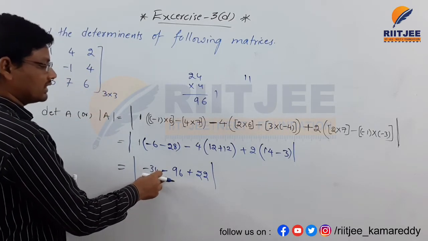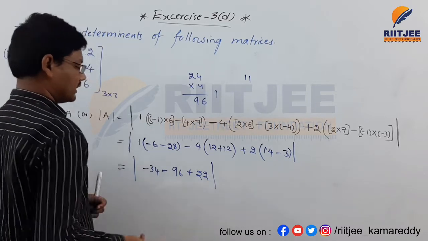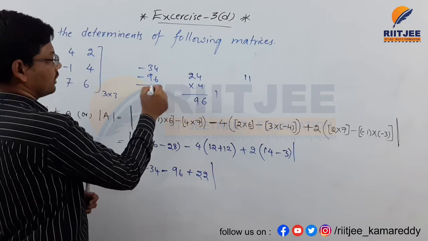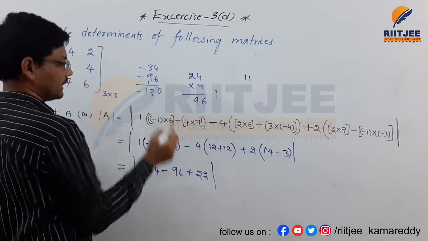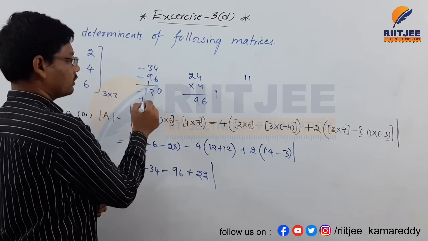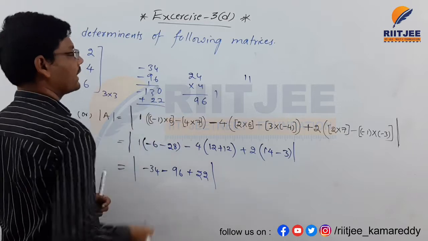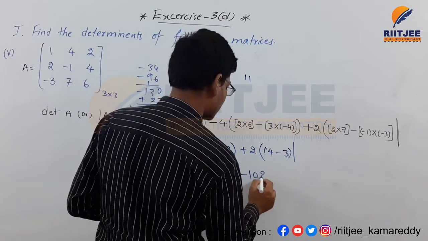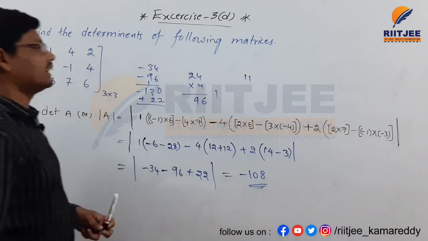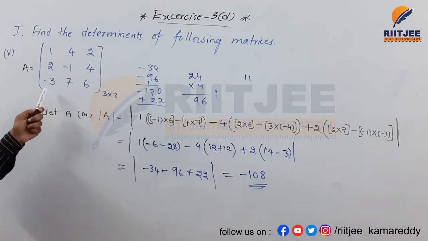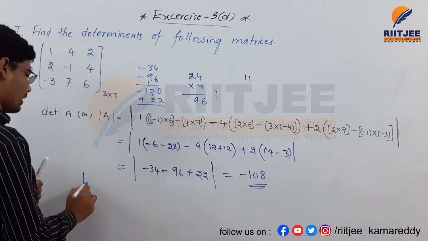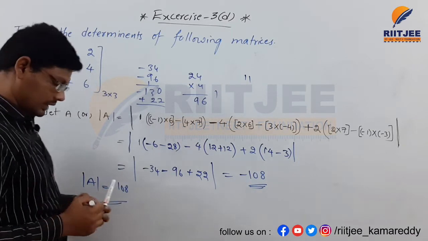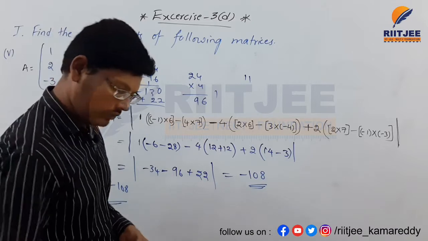First we need to add these two numbers and we need to add this number. Minus 34 minus 96, 0 1 13, minus 130, minus 130 plus 22, that is minus 108. This is the determinant value of this matrix, that is mod of A is equal to minus 108. And the next question is